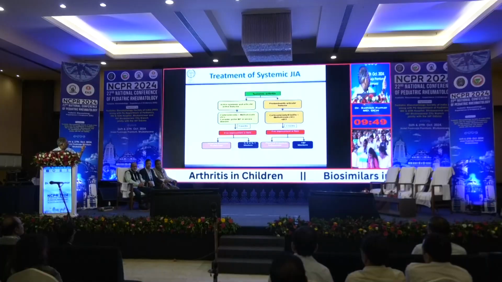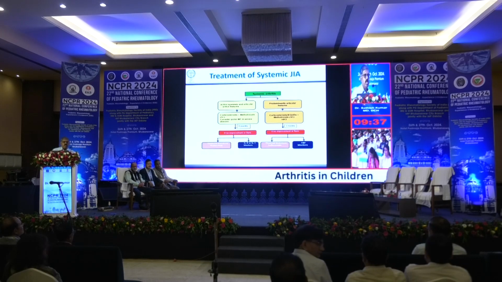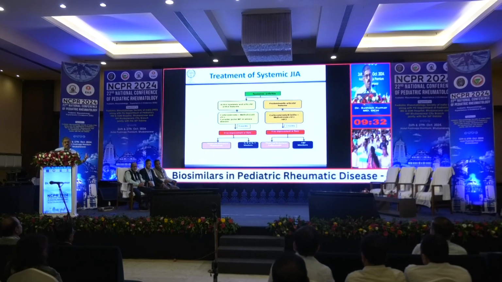And for systemic JIA, again, ACR recommends to start on IL-1, IL-6. We cannot do it for all the children because of the cost. We don't have a biosimilar for IL-1 or IL-6 in India. So what we do is we always start on methotrexate with steroids, and if there is no improvement, you start the IL-6 blocker. If the articular presentation is more, you give TNF alpha blockers. Children who cannot afford IL-1 or IL-6, you can use thalidomide or lenalidomide, which will block IL-1 and IL-6.